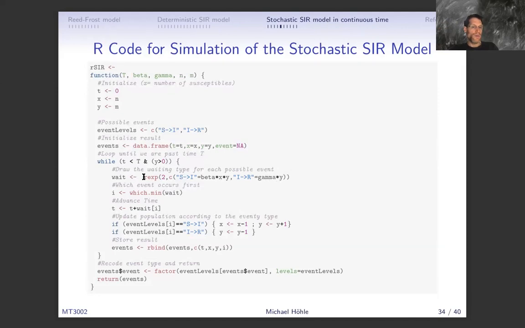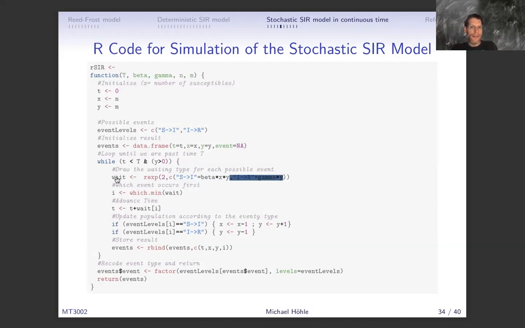So what we will do is we will simulate two instances of the exponential distribution. One is from this distribution here, and one is from the other distribution. So this is simply how long we have to wait for either this event or the other event. And of course, which of the two occurs first is the one which has the minimum time. So this will be a vector of length 2. We can also